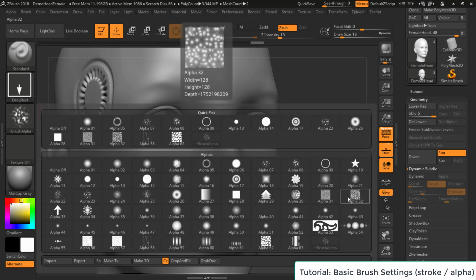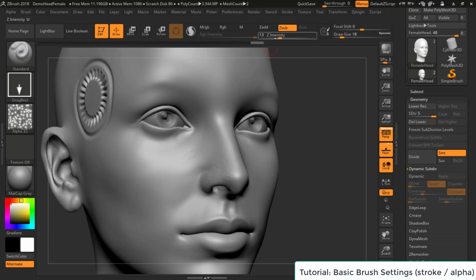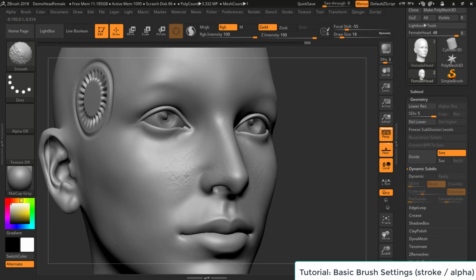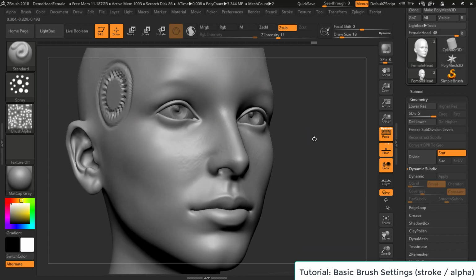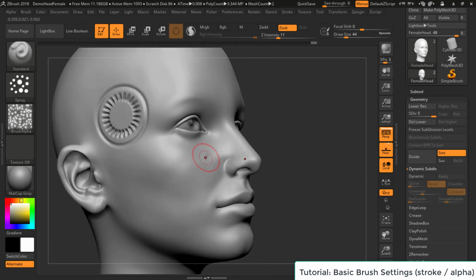Let's try another. Let's try alpha 32. Lower the C sub. See if we can keep dragging these onto the surface here. Very aggressive pores there. Or we could try the spray stroke. So now I'm changing to another stroke option. This allows me to spray this pattern all across this surface like this. So let me turn the C intensity down quite a bit. And I can do this circular motion with my pen. So I can very quickly fill out this mesh